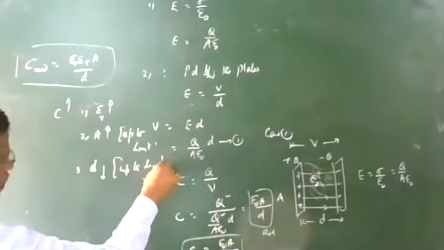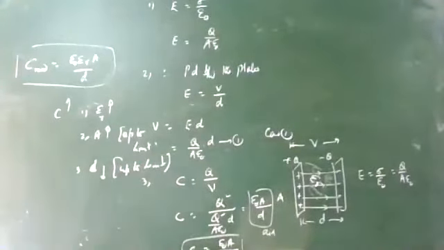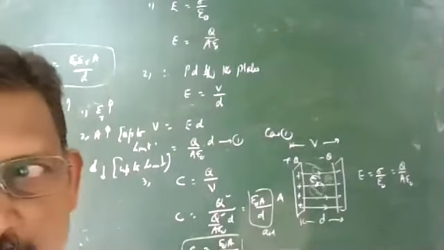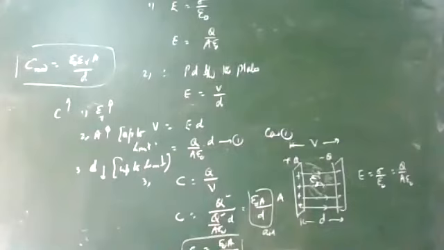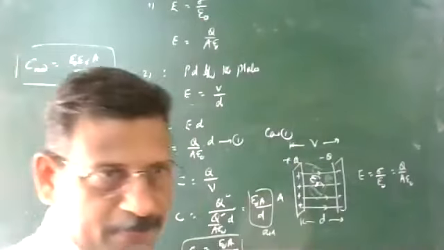If the two conductors are very close, then electric discharge will take place and charge will jump from one plate to the other, which should be avoided. So up to some distance you can decrease it. These are the different ways of increasing the capacitance of a parallel capacitor: first, by using a medium with high epsilon r; second, by increasing the area up to a limit; and by decreasing the separation distance. So write the equation; this is the capacitance of a parallel capacitor.